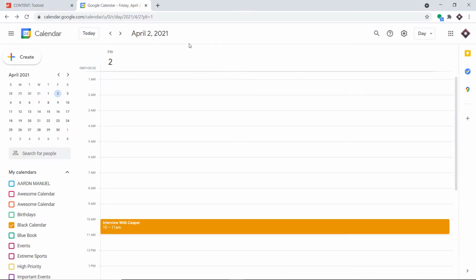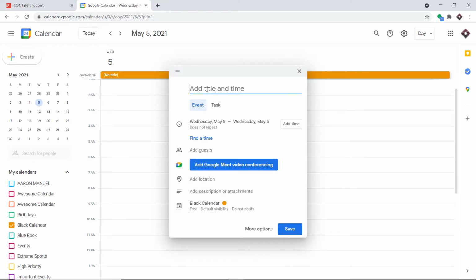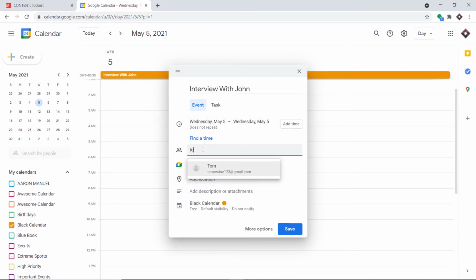Okay, so we will begin with a small example. This is my Google Calendar, and I'm going to create an event for May 5th. The title of the event is Interview with John, just a random name, and I'm going to bring along Tony Stark, TonyStark123@gmail.com.